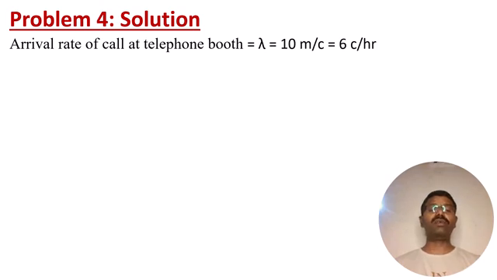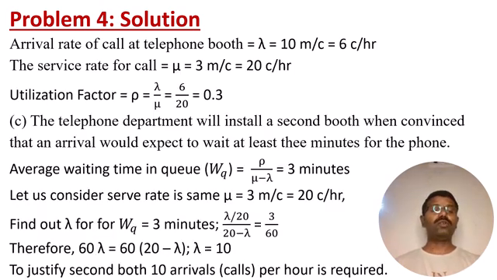And the arrival rate of calls at a telephone booth is equal to this all over. So now let us see the third part, C. The telephone department will install a second booth when convinced that an arrival would be expected to wait at least 3 minutes for the phone. If it is expected for 3 minutes for the phone call, then they will be convinced and they will be installing one more